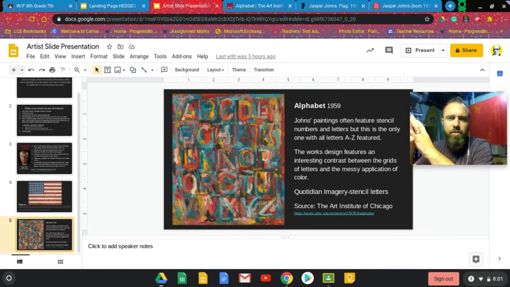The reason I like Jasper Johns is basically because I like the contrast between the organization. In this case, the letters are in a grid method. However, the paint is applied in an extremely messy method. So it gives it a sense of texture and looseness, and I just like the grit of it. But at the same time, I feel like it's a really structured work due to the way the letters are